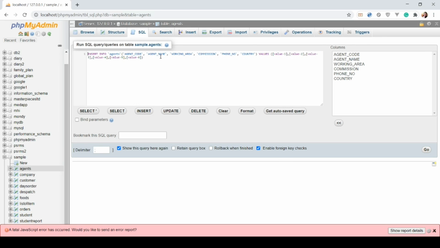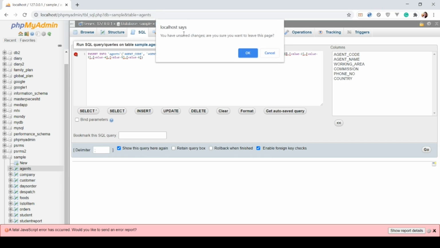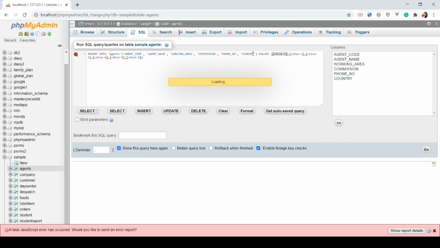You just need to add for each record the values that you are going to create for that specific data, or you may click this one, the insert function, to add another record for this specific data entity.